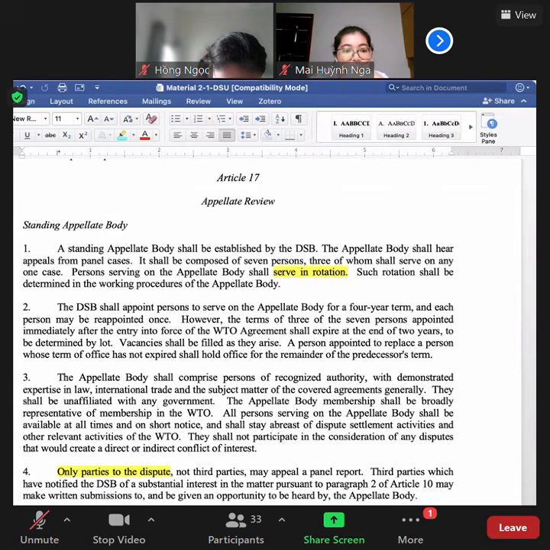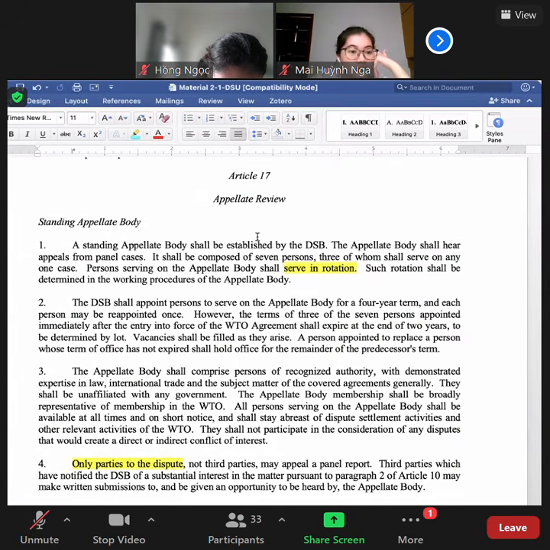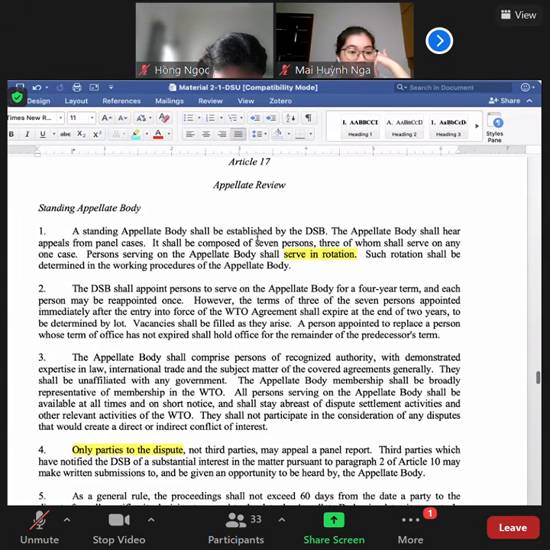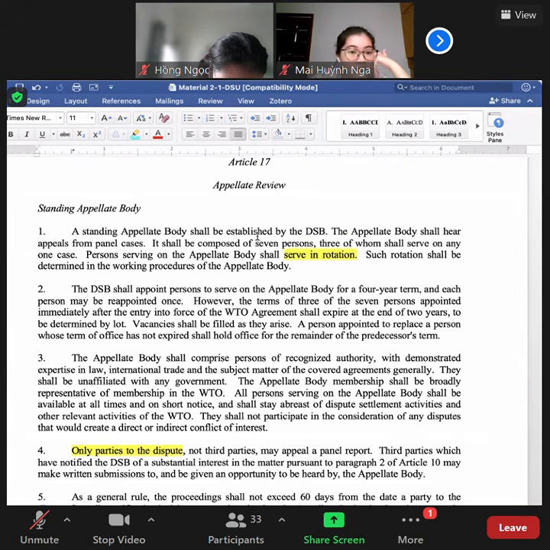Right here. Now, when we talk about the appellate body review, this Article 17 provides all the provisions relating to the standing appellate body. Now here, as I have mentioned, the standing appellate body